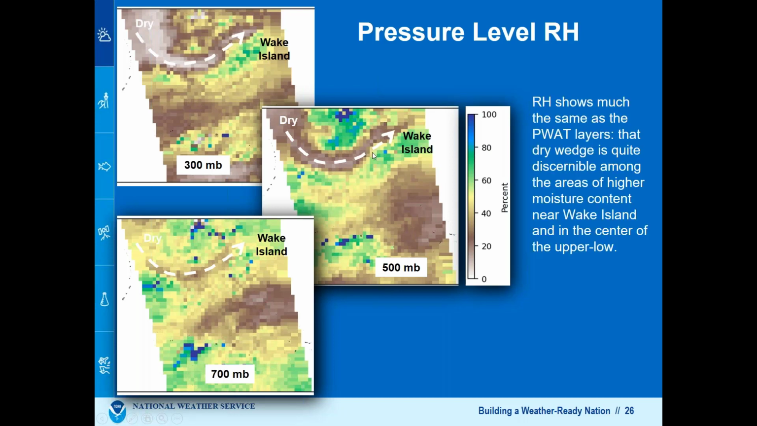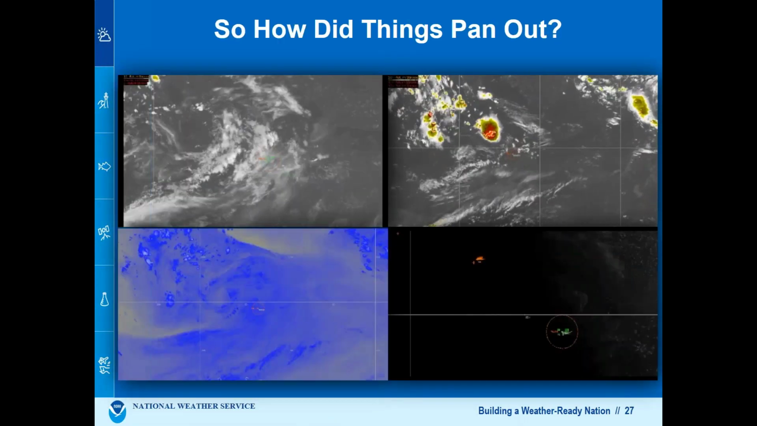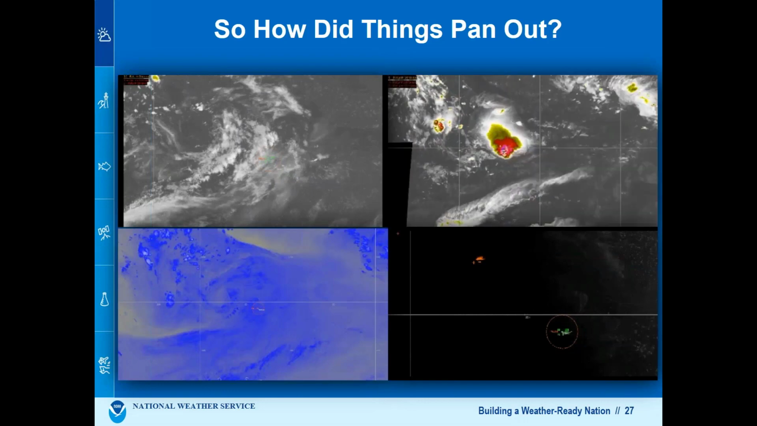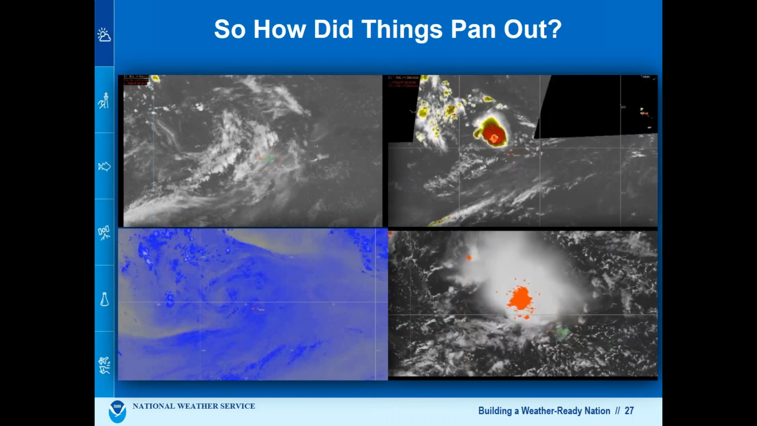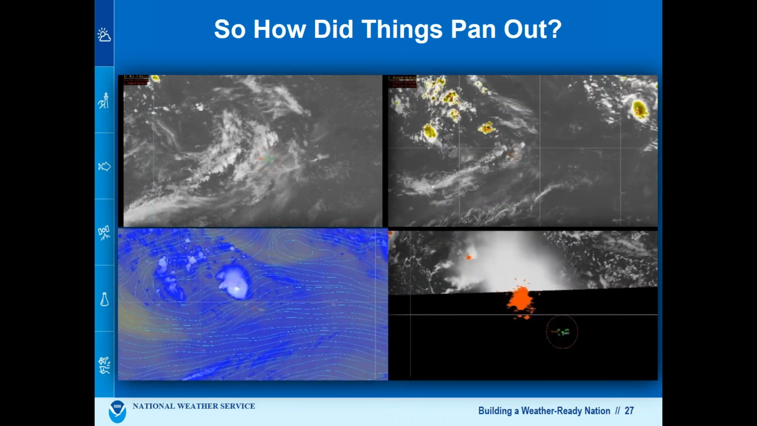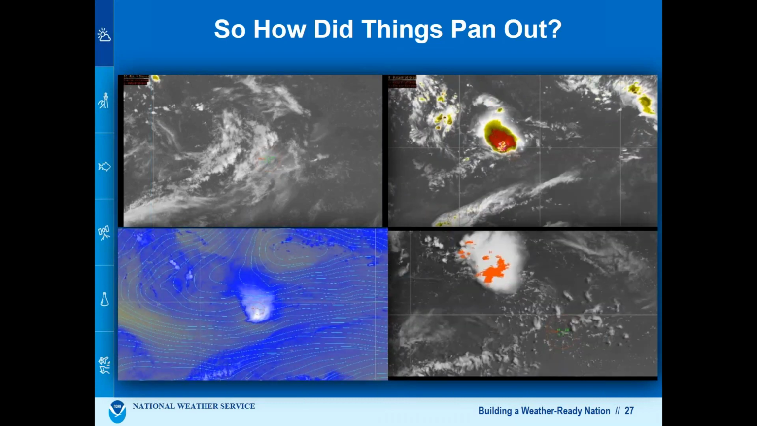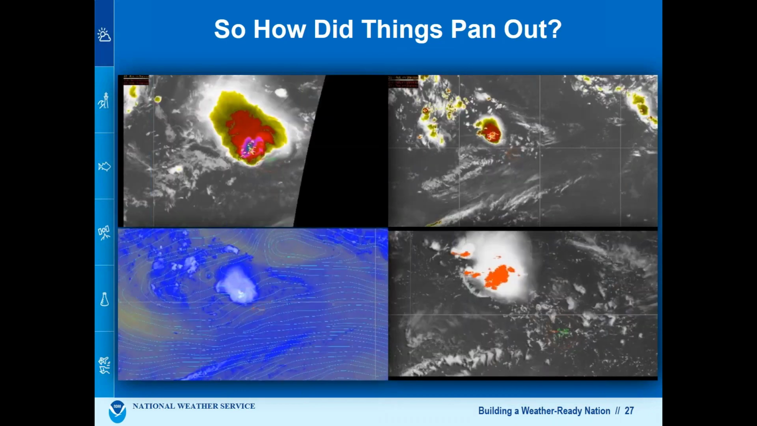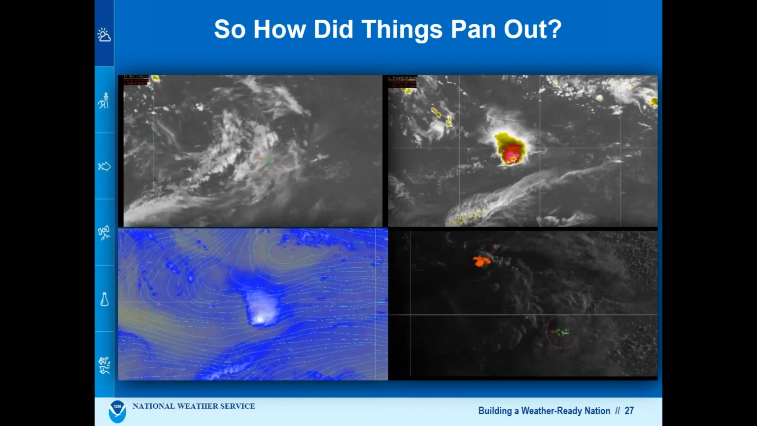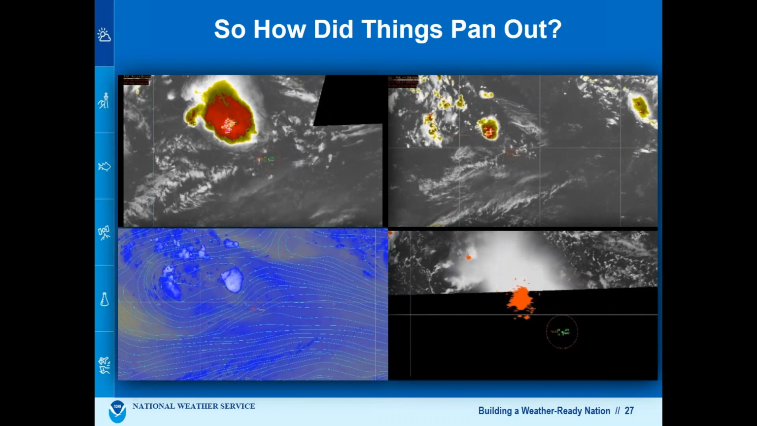So there's not a whole lot of new information, but we're corroborating these PWATs that we saw just a slide before. And so what happened? I've got 4 satellite loops up here. You can see the 1-minute lightning data on the top right, the IR, the visible in the bottom right, and the water vapor. What you'll notice is there is generally more of an easterly trade wind flow at the surface,